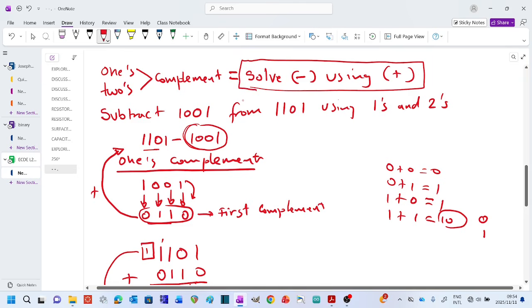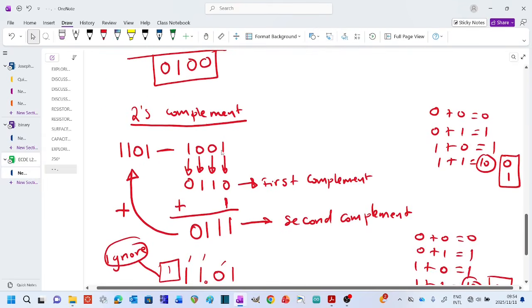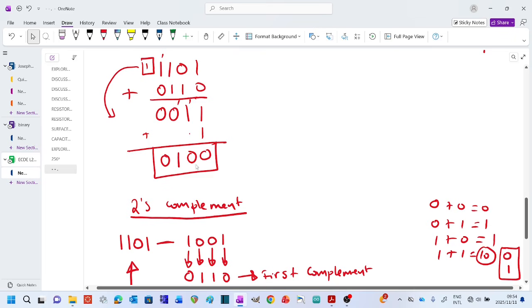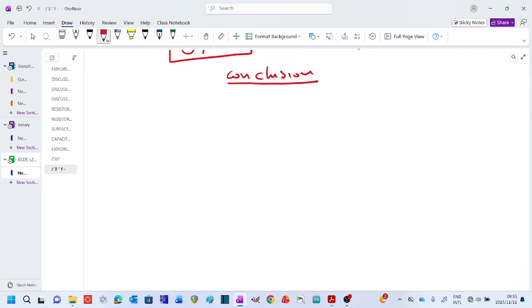You should obtain the same answer if the same question is given to you in 1's or in 2's complement. So with 1's complement, we obtain 0, 1, 0, 0. With 2's complement, we also obtain the same answer. So in conclusion, if I'm given, for example, 1, 1, 1, 1 minus 1, 0, 0, 0, and I'm asked to solve that problem using 1's complement on one side,